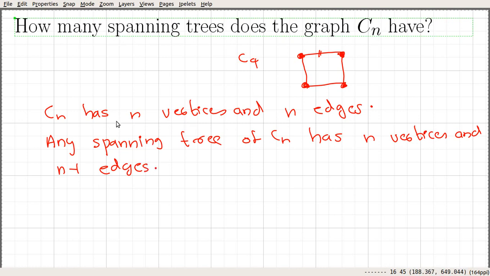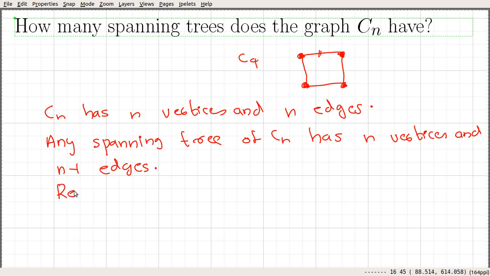Okay, so C of n, the cycle graph, has n vertices and n edges, right? So we only need to delete one edge to get a spanning tree for Cn. So we have n choices, and that says the number of spanning trees for C sub n is n.